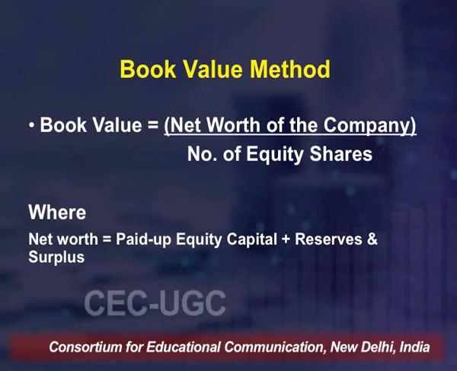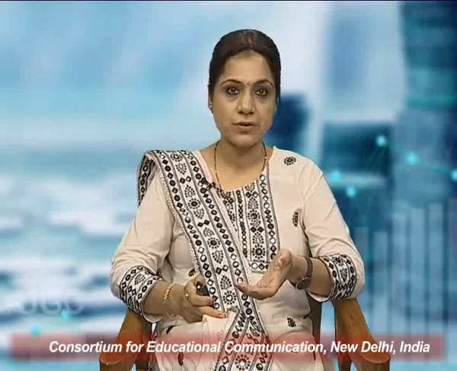So we try to calculate the value of a particular share as per the entries in the books. What is the net worth of the company, how much equity capital it has, and how much profit and reserves and surplus it has. We add these up, divide by the number of equity shares, and get the book value. The rule says that if the book value is higher than the current market price, it's a valuable bet and you must buy. But if the book value is less than the current market price, you try to avoid that share, or in case you have it, you sell it off.